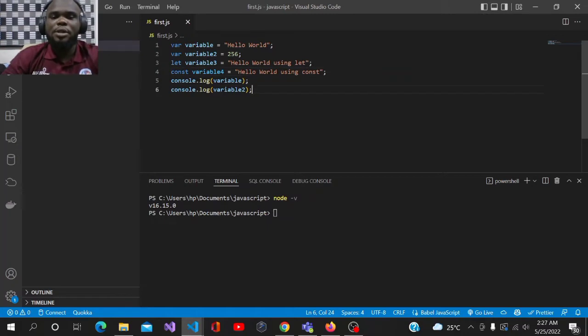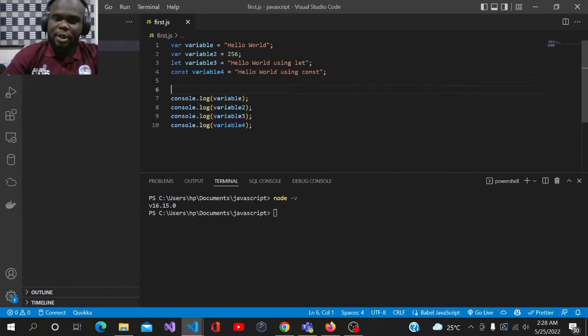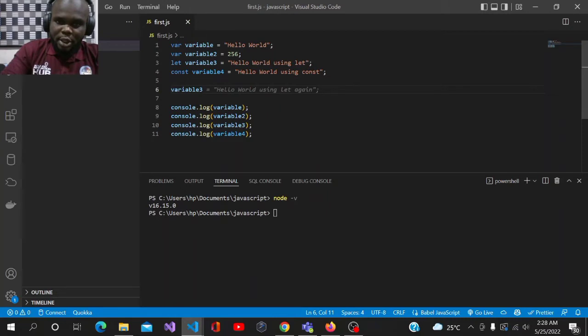All right. So my console log here is just for JavaScript to display whatever I pass into the console. So if I run this now, it will display these lines. All right, so let creates variables that can change over time. Let me show you here. So let's say we've already declared variable 3. So if I put variable 3, I can now put it to